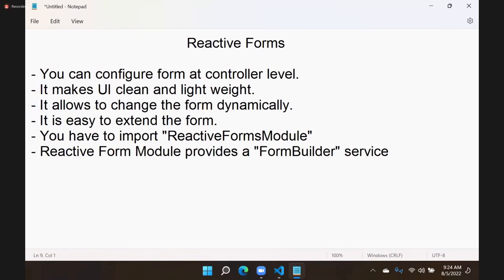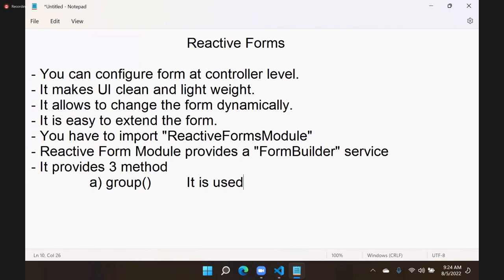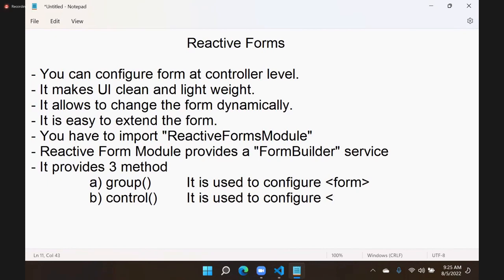Actually, form builder provides three important methods. One is group. Group is a method, it is used to configure the form. Another one is control. Control is used to configure an element. Element means input or select or text. All these things we can configure. Form elements are configured by using this